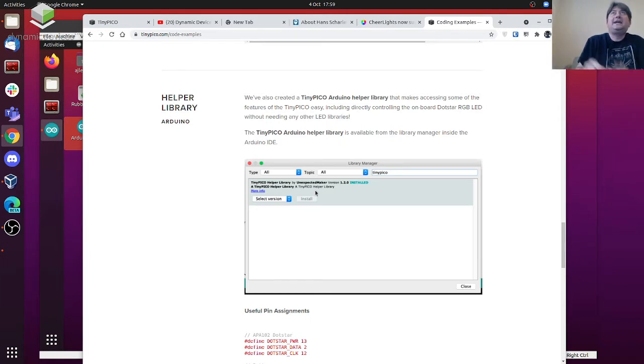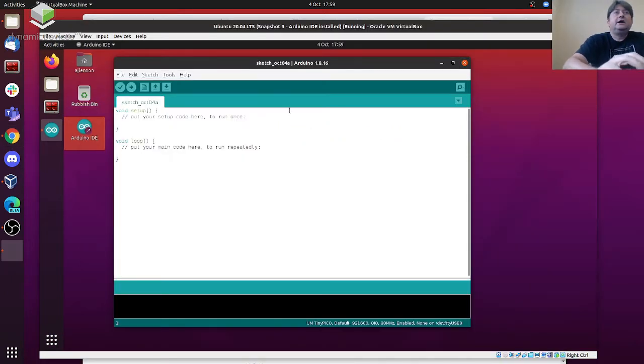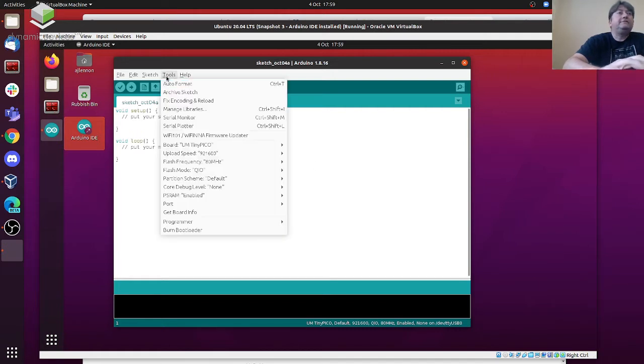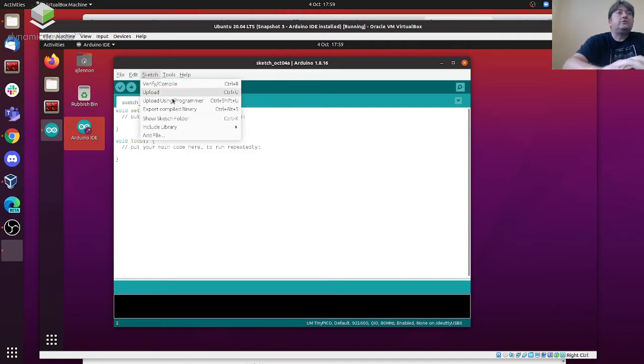I just want to tell it to be a color, and that's what this library is going to help me to do. So let's have a look at how we can find that library and add that library into our code. So if I look for TinyPico Arduino, I've run up my Arduino IDE as you saw, and if I go to Tools, or rather Sketch, Include Library, Manage Libraries,